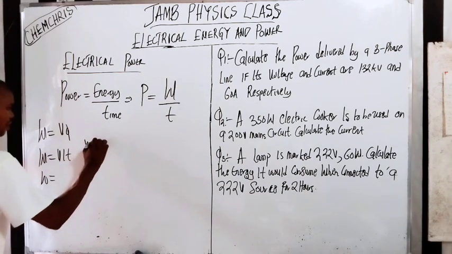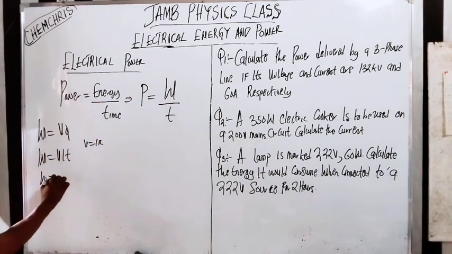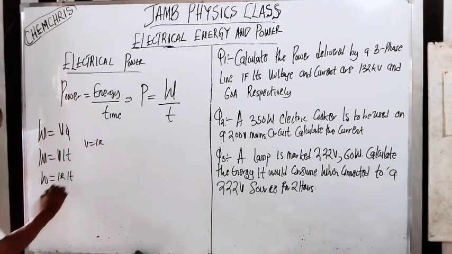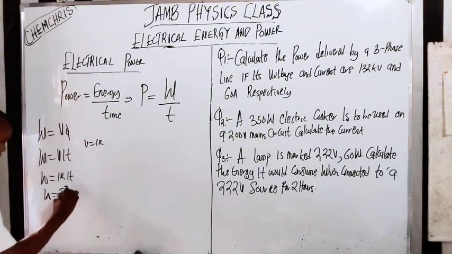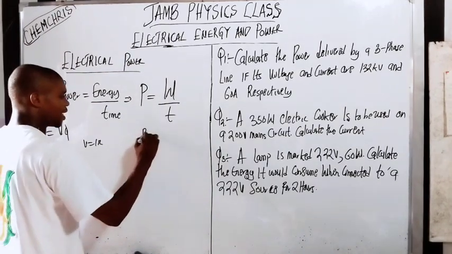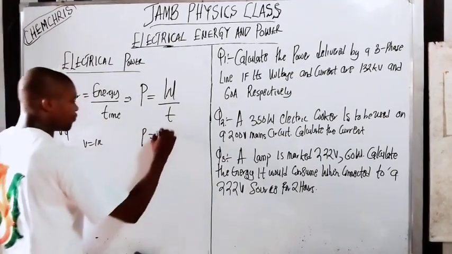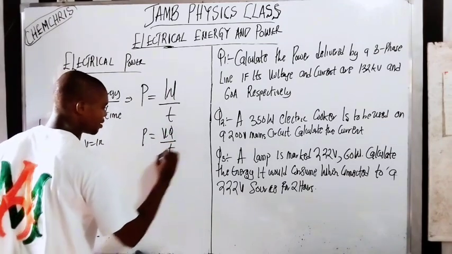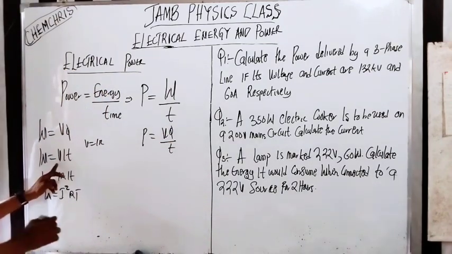Remember, V equals IR, so it's going to be IRT. Also, the same thing as W equals I squared RT. Do you understand? So here you can say W equals VQ over T, right? Now here you can also say